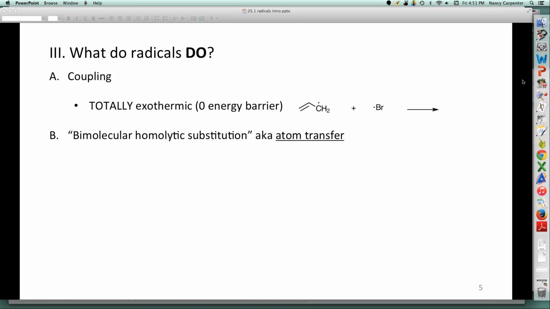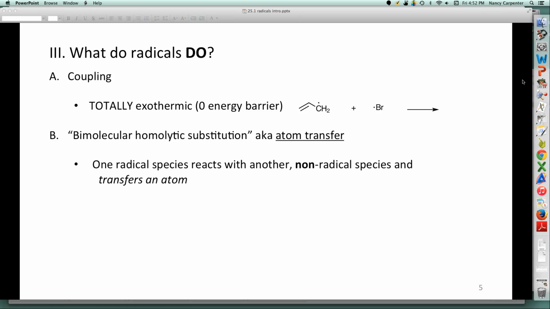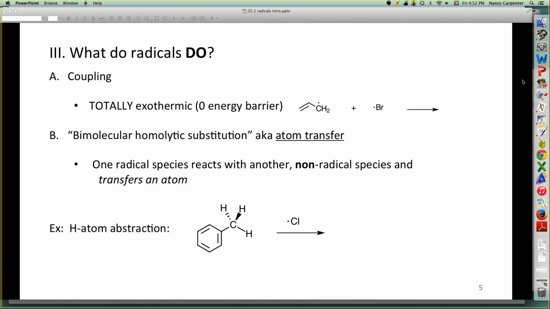So Carty talks about another elementary step associated with radicals, that being bimolecular homolytic substitution, which is a mouthful. We're just going to call it atom transfer. So for atom transfer, all we're doing is seeing one radical react with something that's not a radical, and in so doing it will transfer an atom. So for example, hydrogen atom abstraction is a very, very common radical process. So this is toluene. If toluene happens to encounter a chlorine radical,